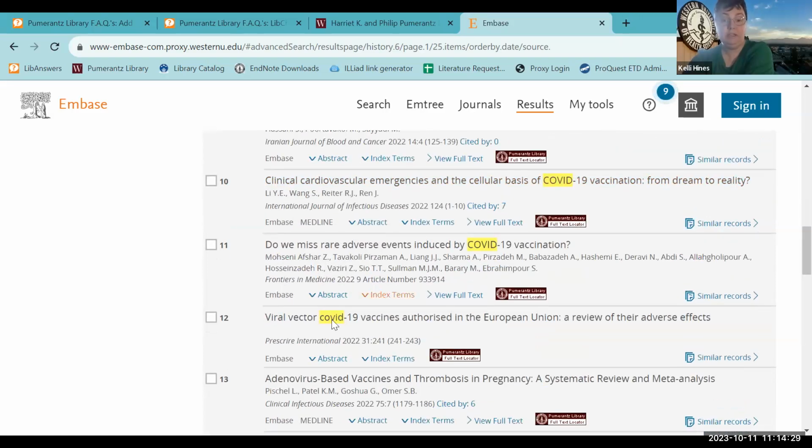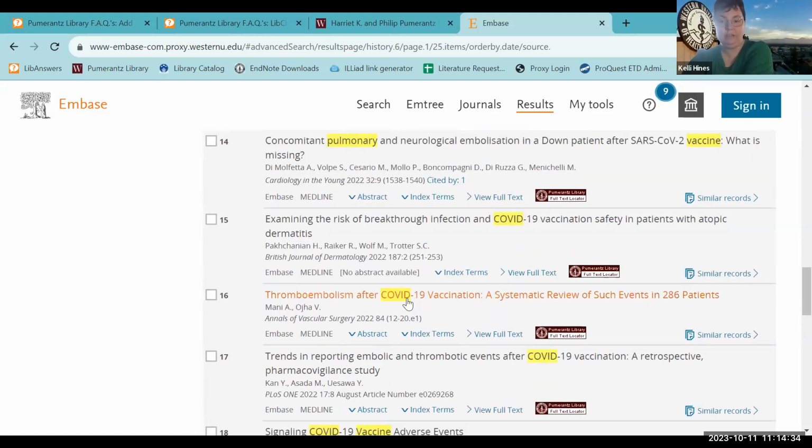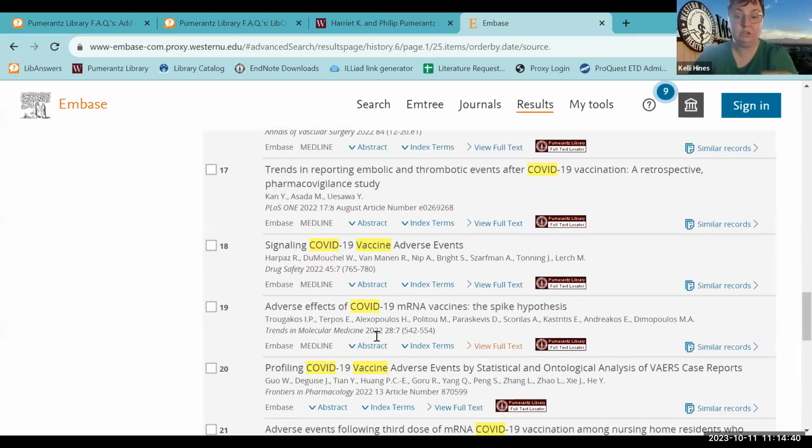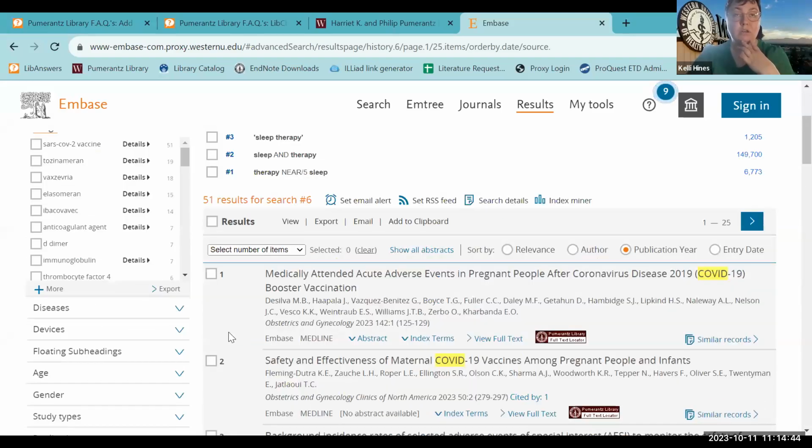So yeah, you could see those different ones that are systematic review, such events in 286 patients. So you could look at those and you see the adverse effects. So this is a much more targeted set of results than the first set that came up. So you can really see the usefulness of that particular